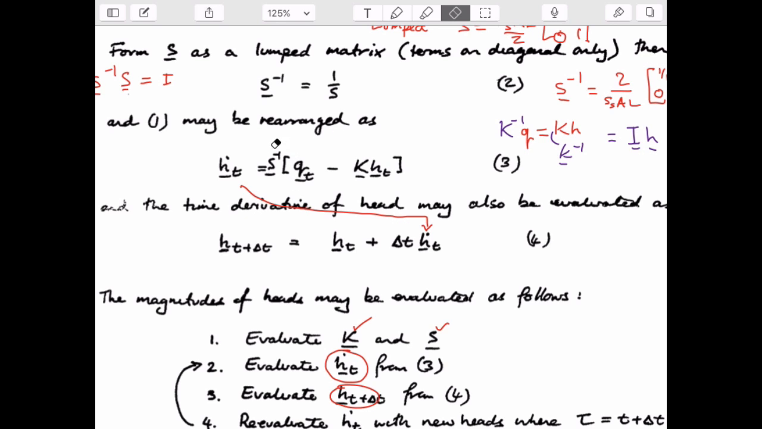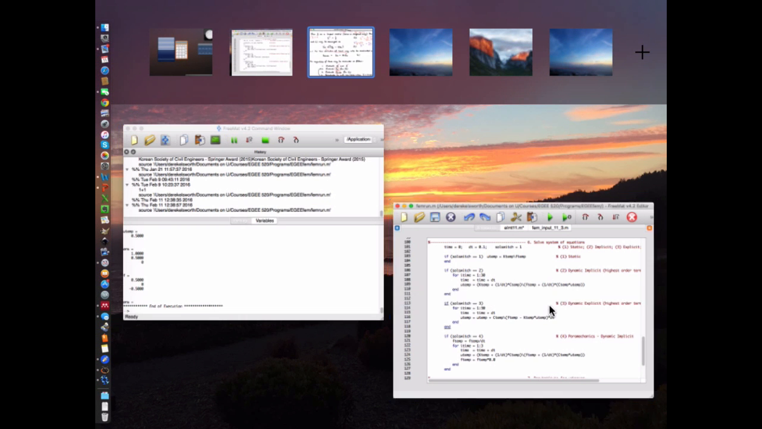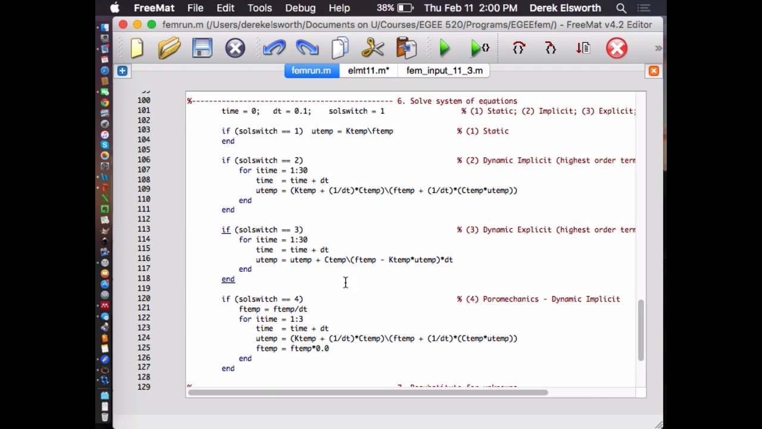So in other words, it's this term here multiplied by the load vector to give us the gradient. And then we take the previous head and we multiply the gradient times the time step to get the next head. And that's physically what's being done here. So this is the previous head. This would be the gradient of head calculated in these two parts and the time step. And the gradient of head would be